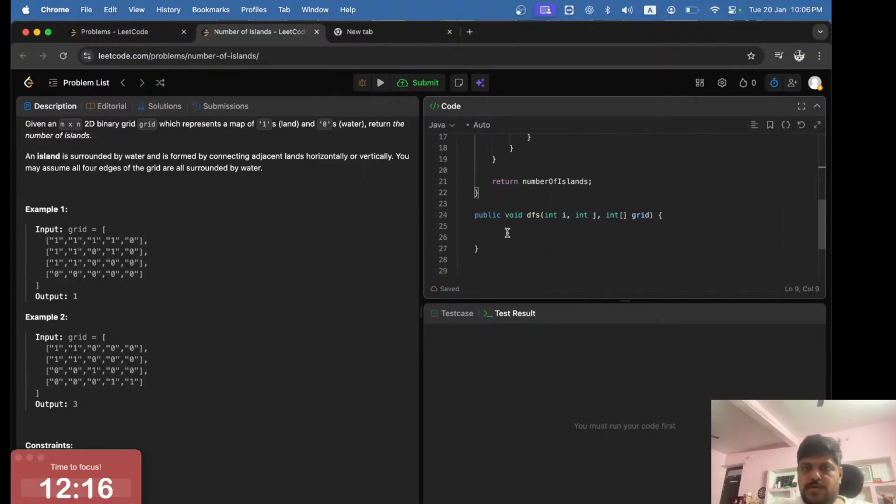Okay, so first, if i is greater than or equal to n, and j is greater than or equal to m, we just simply return, because the i and j that we are trying to visit does not exist. Maybe instead of "and" it should be "or". If any of i and j is not in our bounds,